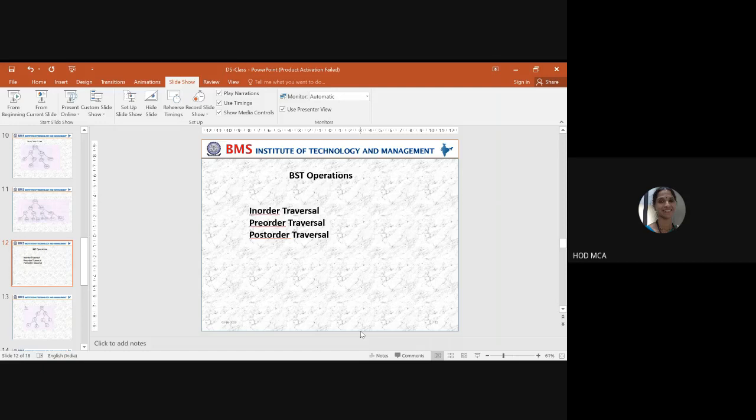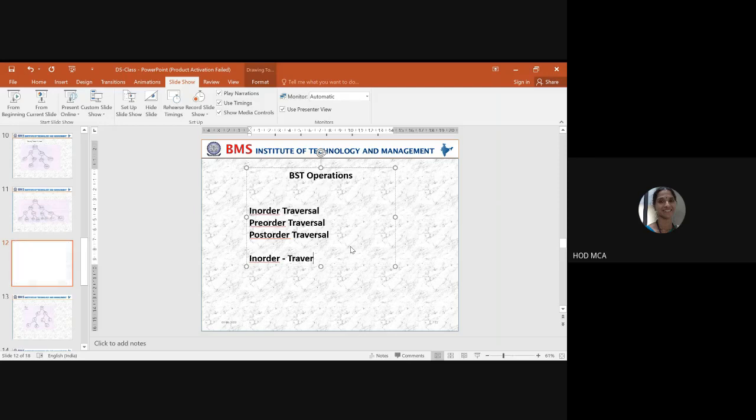So when I say in-order traversal, I'm just typing here so that you can see. Are you all able to see? Yes, ma'am. In-order traversal means you first traverse the left subtree, and then you process the root node, and then we go for traversing the right subtree.